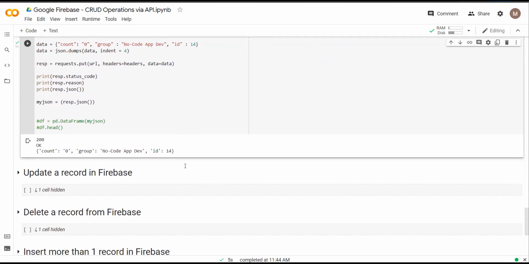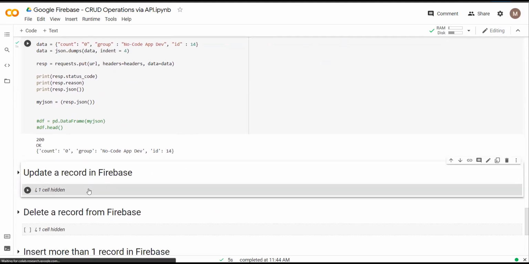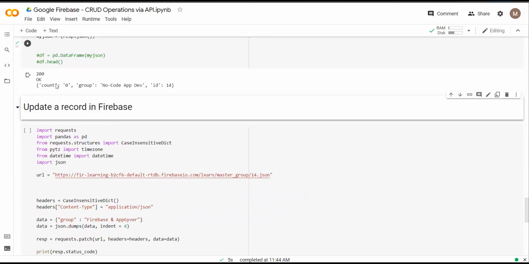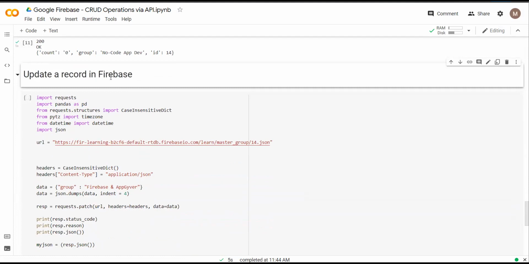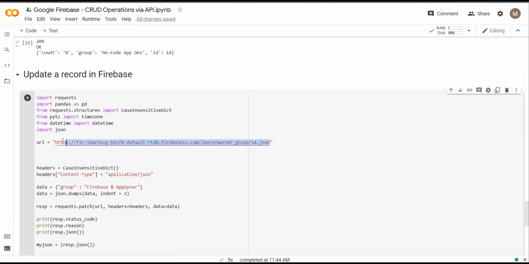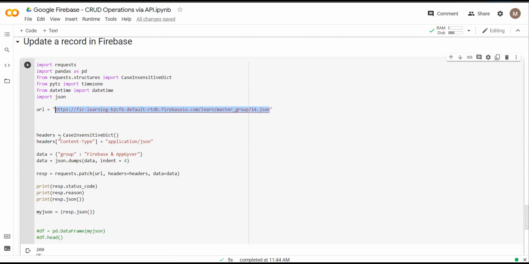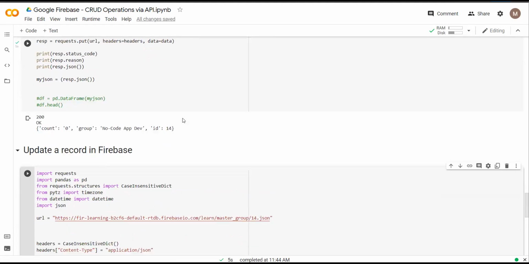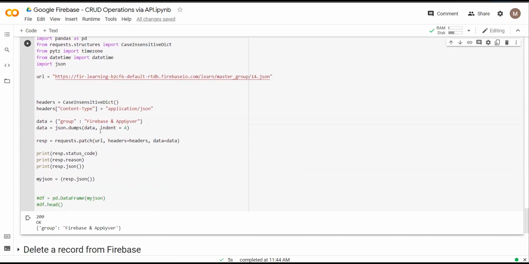Next on the list is how do I update the same record? So remember I created 14.json previously. So here you have update a record in Firebase. Again, look at the URL. URL will have 14.json, the record which I need to update. And then in the data section, I just want to update the group. So in this, the group was no code app dev. I want to keep count the same, ID the same, but I am going to update the group to Firebase AppGyver